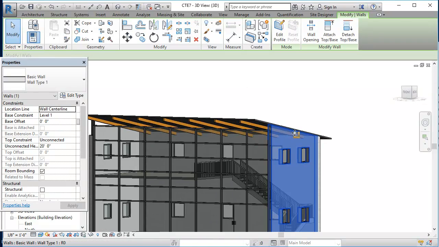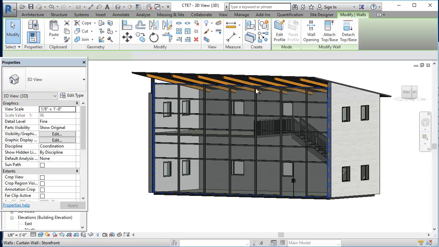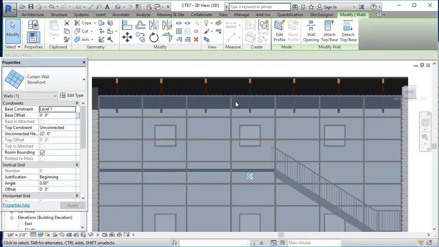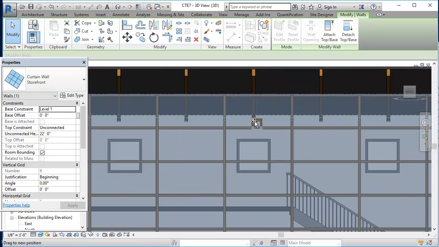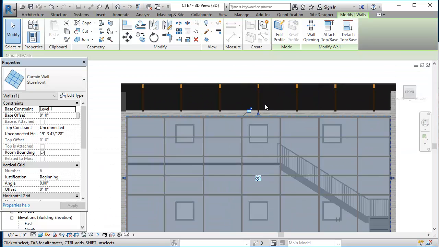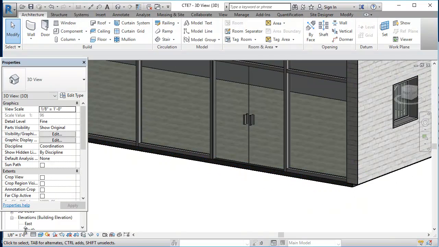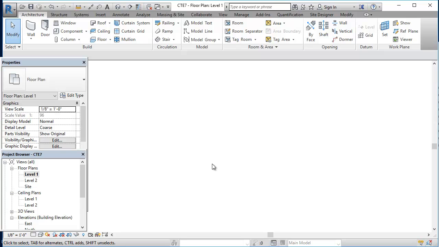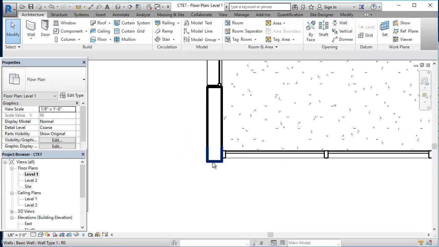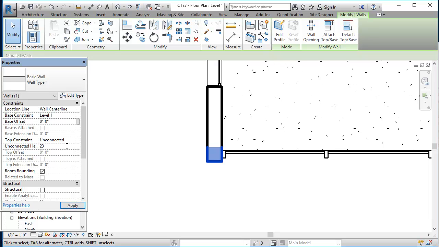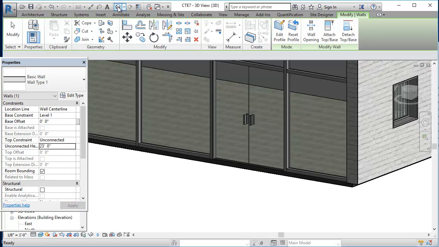Okay, and right now my storefront is a little too high. I don't need it to be that high, so I'm going to bring this down, and somewhere in here I should have another wall. Let's go back to my floor plan, and let's make this like 23 feet just so it sticks out above my